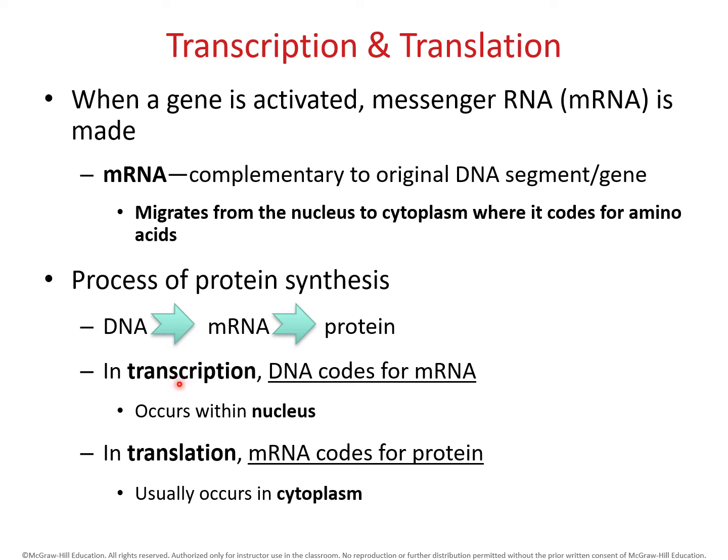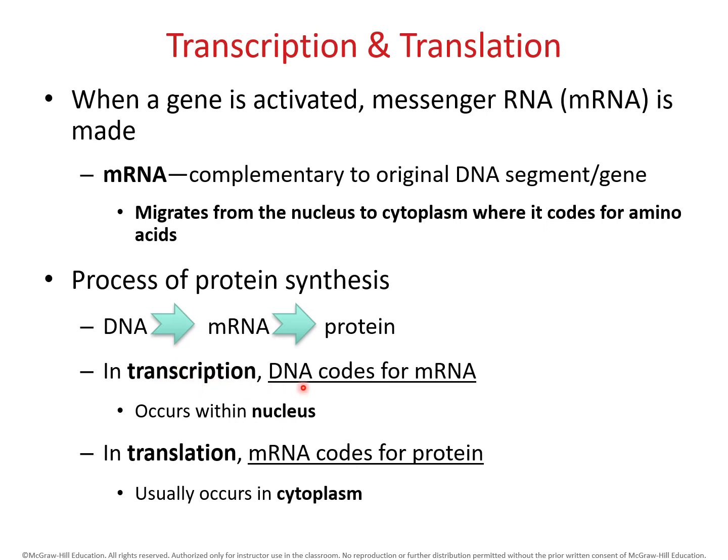So in transcription, this is the first process, and it really belongs right here where this arrow is. In transcription, this is when we're doing the copying. This is when mRNA is copying DNA. To transcribe something means to copy something. So that's what's happening here. mRNA is copying DNA, and that is occurring in the nucleus. So you must know what these processes are and where they're taking place. That's a definite test question.